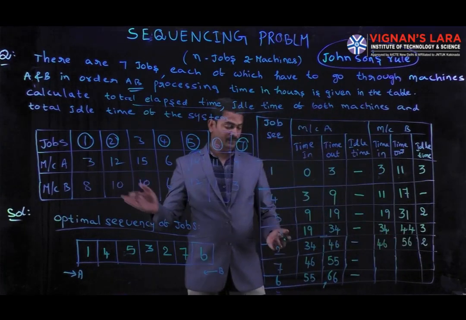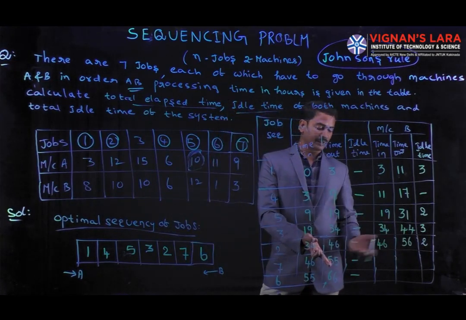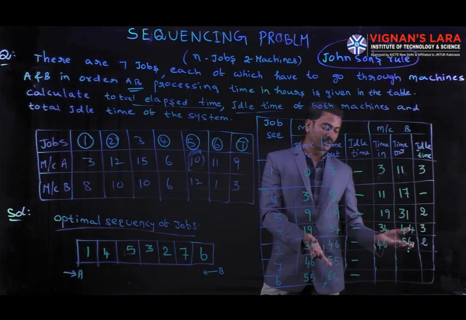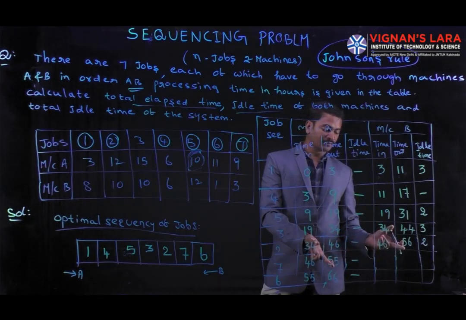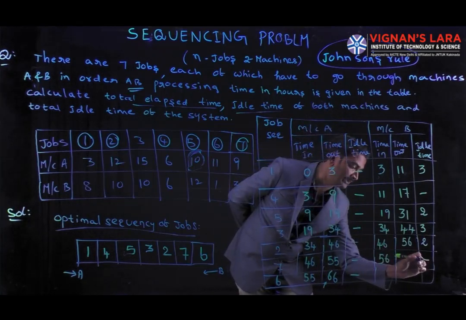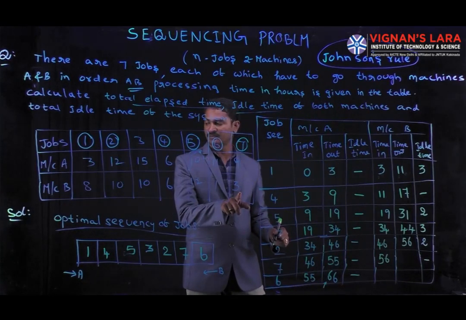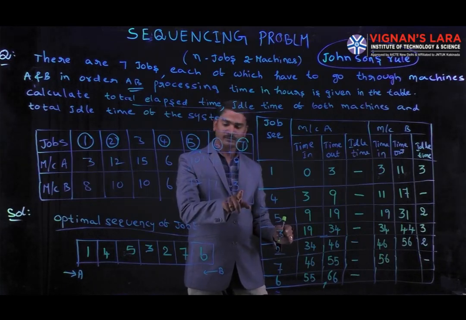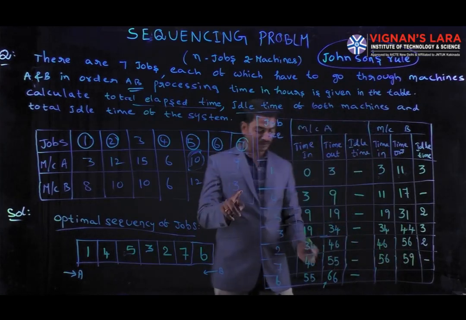Next, coming to the next job, the 7th job. Here it was completed at the 55th hour in machine A and machine B was doing a job up to the 56th hour. So the job was waiting 1 hour. Up to 56 the job was waiting. Here the machine was not waiting. So simply we are going to take 56 as the starting time, and here there is no idle time, machine idle time is 0. And what is the processing time? For the 7th job on B the processing time is 3 hours. 56 plus 3, 59. Next, coming to the 6th job.